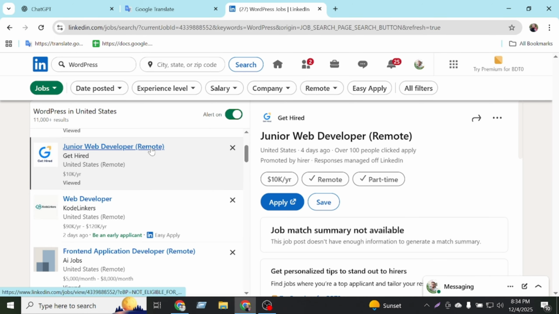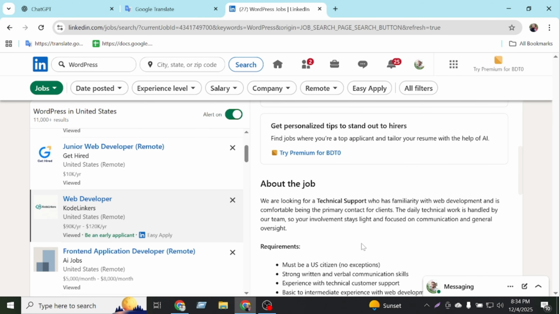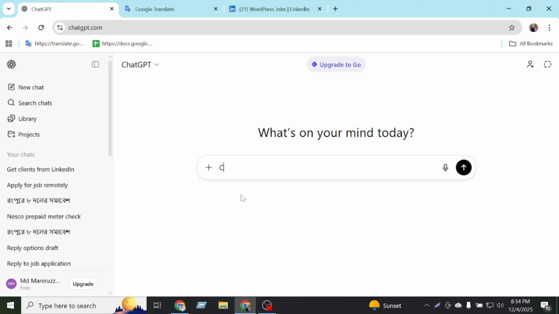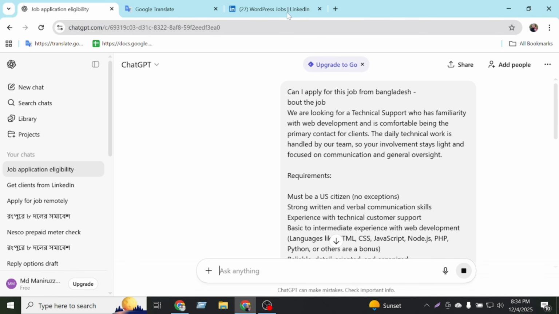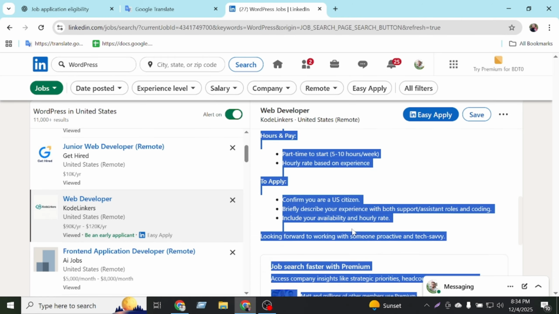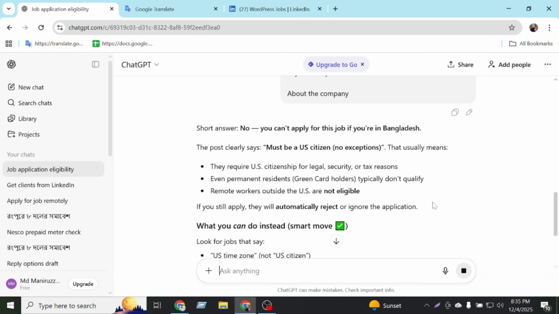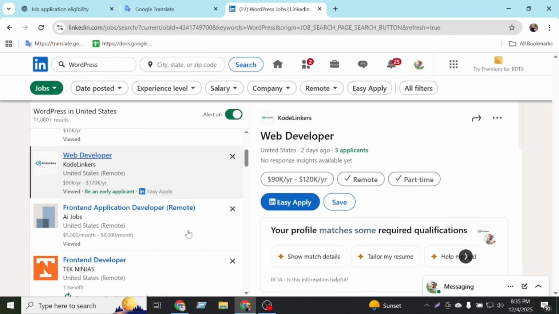So I'd like to find globally junior web developer, remote web developer. Yeah, this is for Easy Apply. So I just need to check: can I apply for the job from Bangladesh? Because lots of clients are asking for specific locations, or they might not have remote opportunities. So, short answer, no, you cannot apply for the job if you're in Bangladesh, US citizen. So I'm going to skip,